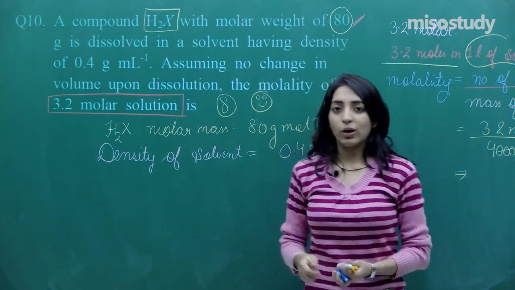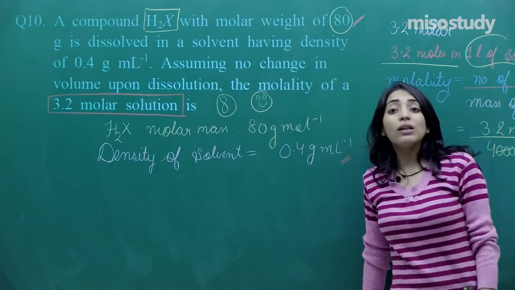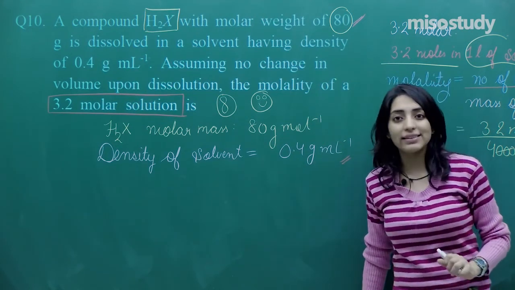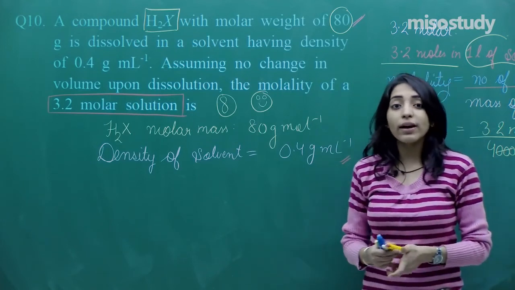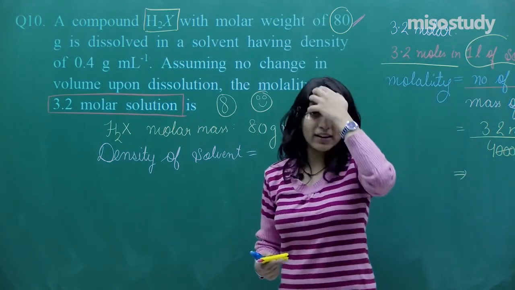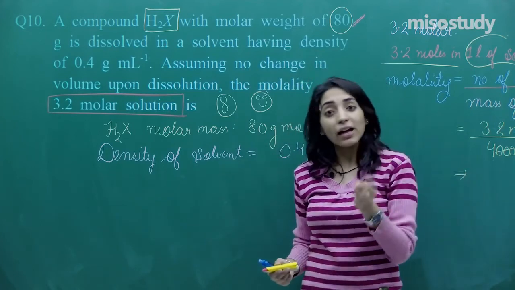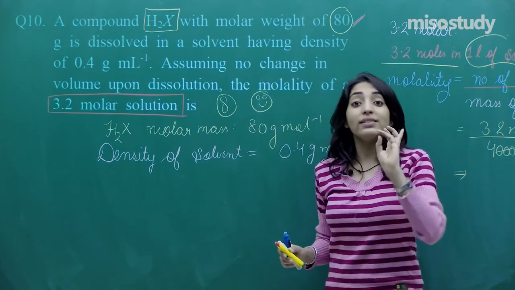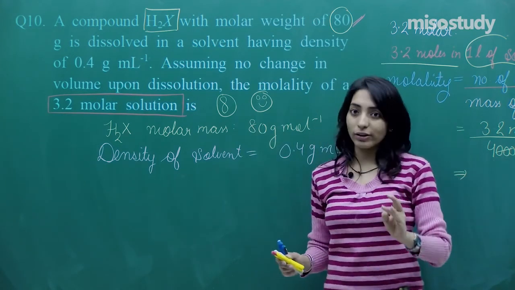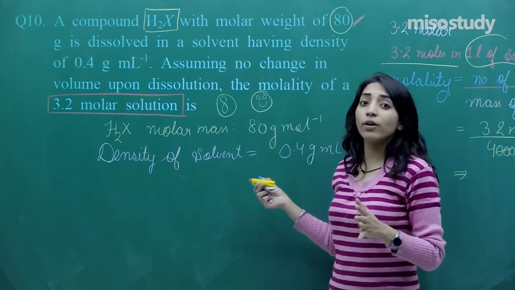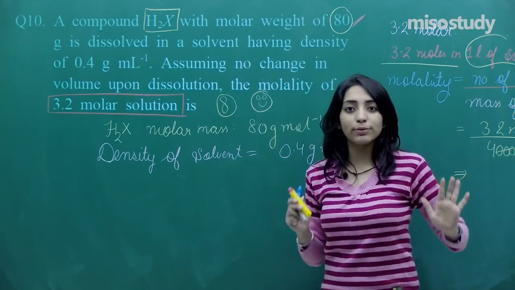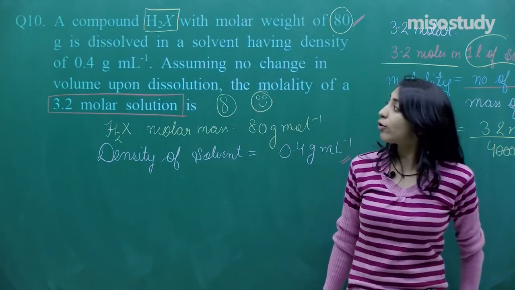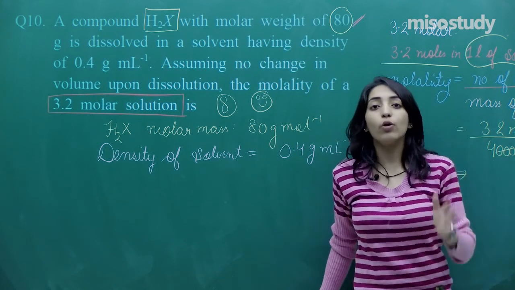So these were all the 10 different questions that I have chosen from JEE Advanced exercise. I tried to cover almost all the different pattern questions: we have done certain match the following, we did integer type questions, we did statement questions, single correct questions, and multi correct questions as well. I just wanted it to be a combo of all the types of questions that you may be getting in your paper. With this, we are now done with the very first chapter, mole concept.